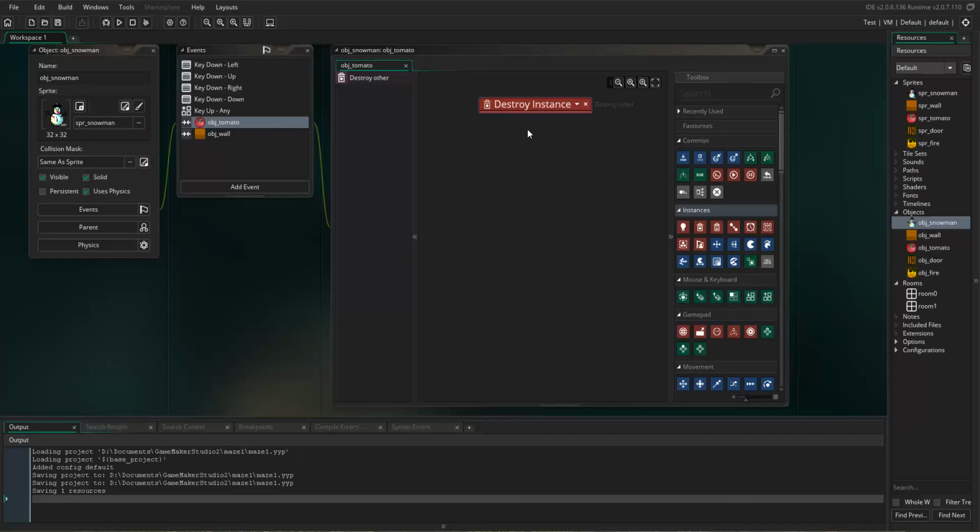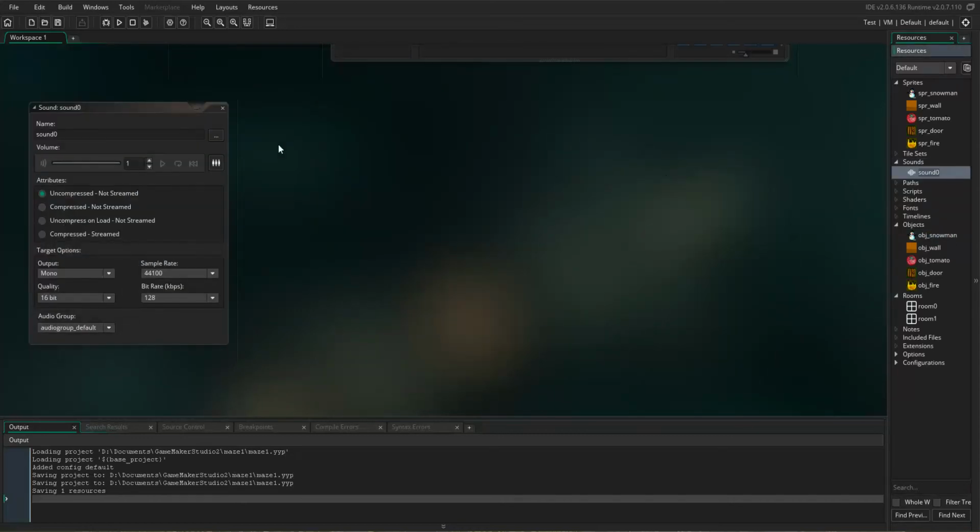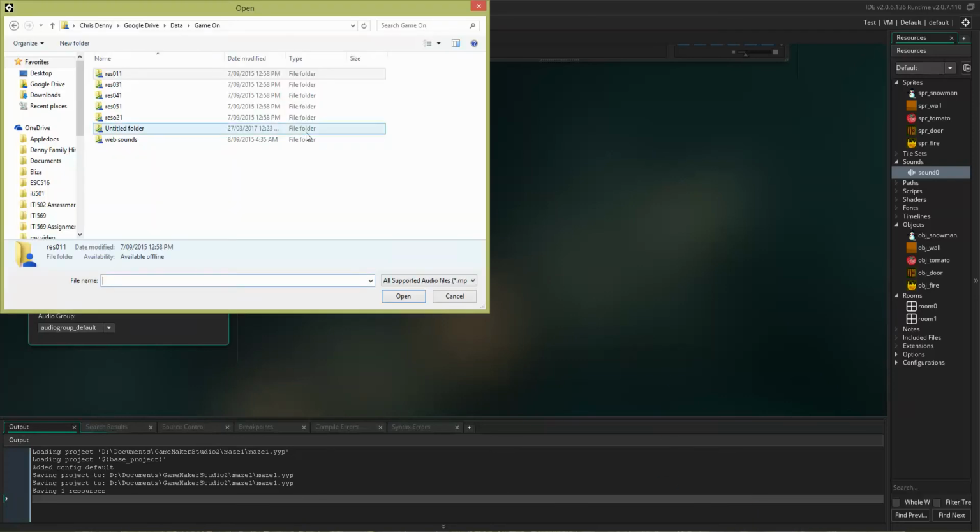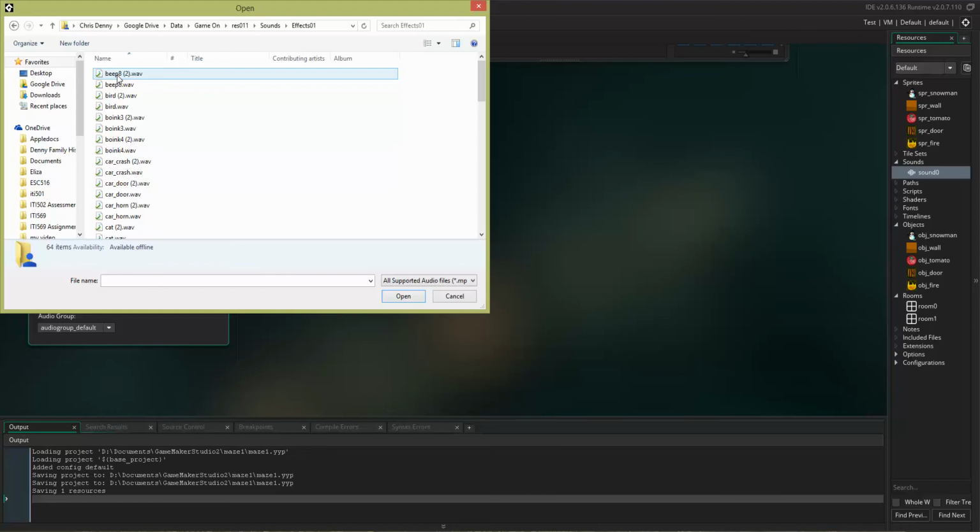The second thing is we're going to make a sound. And the first thing we need to do is get a sound. So we need to create a sound. So we do that. We click on this one to choose a file. And I'm going to go back to those resources that I've sent out to you. Okay, so here we are. I'm going into the first folder. I'm going into sounds, going into effects, and what I am going to choose